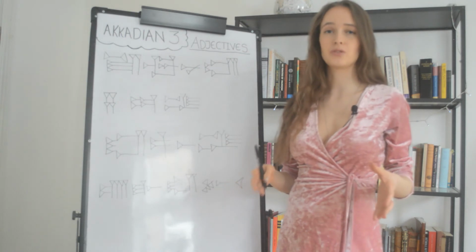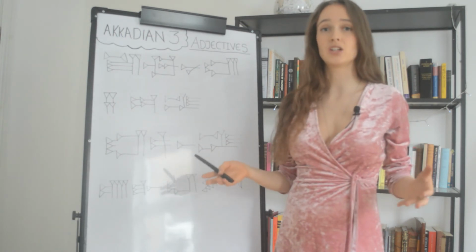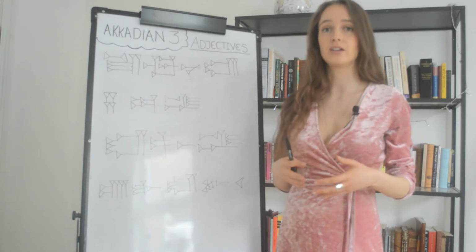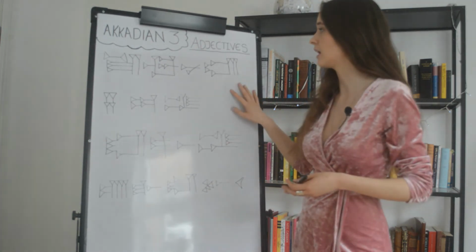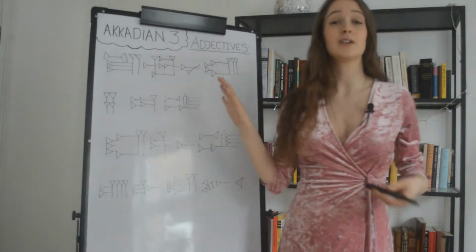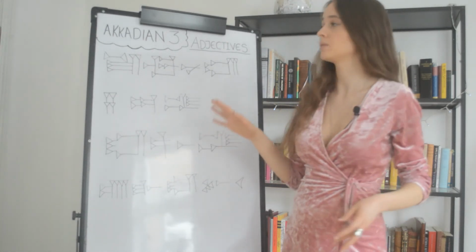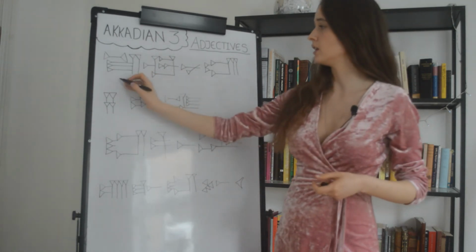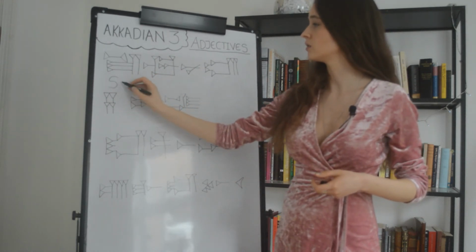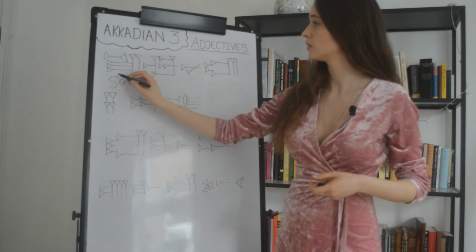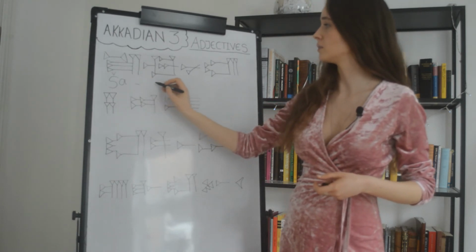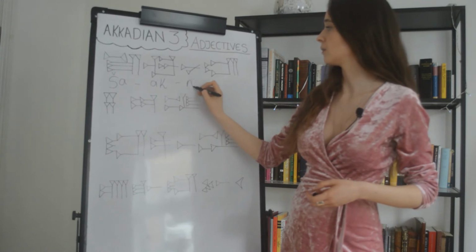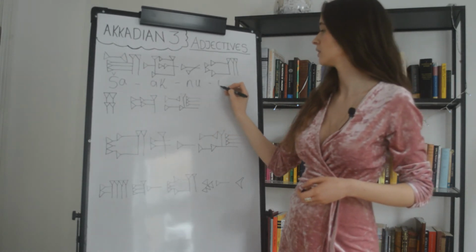Now that we've made it through both sections, adjectives and verbal adjectives, using any notes which you've made on stem patterns and adjectival declensions, we're going to see if we can decline any of these cuneiform examples. So, starting with transliteration, and the top one here, we have the phonetic value sha, followed by ak, followed by nu,